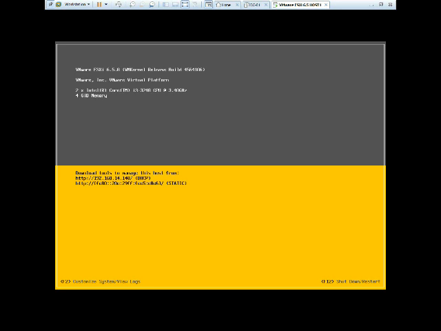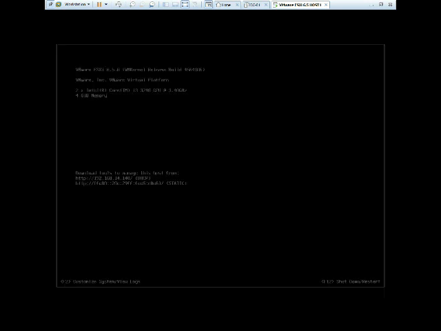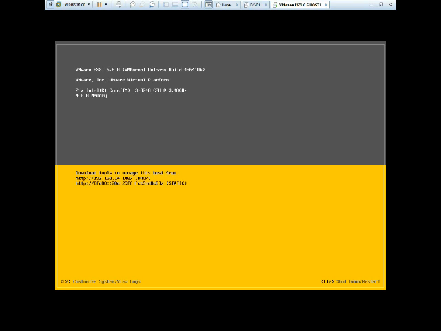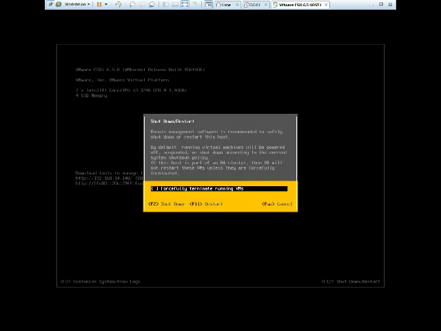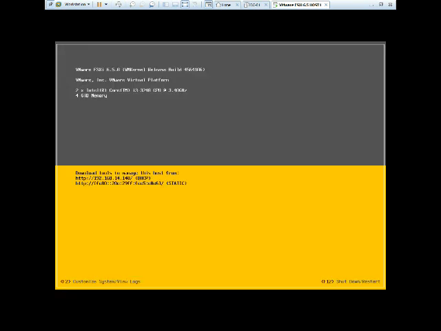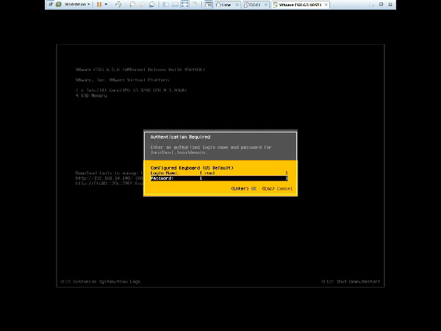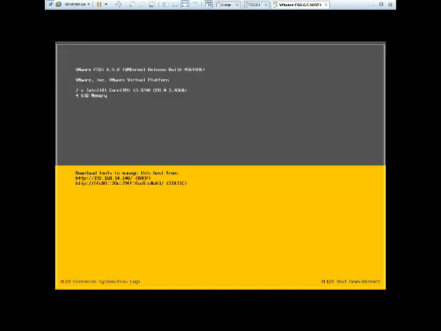We can see F2 at the bottom left, customize system views and logs, and on the right side we can see F12 for shutdown and restart. If you press F12, it will ask you to enter the password. I hope you remember the root password which we set initially. Here we can see it asking us to restart, press F11 to shut down, F2 and Escape to cancel. On the left side we can see F2, so just press F2 and again enter the password. It's the root password, or we can say the administrator password.